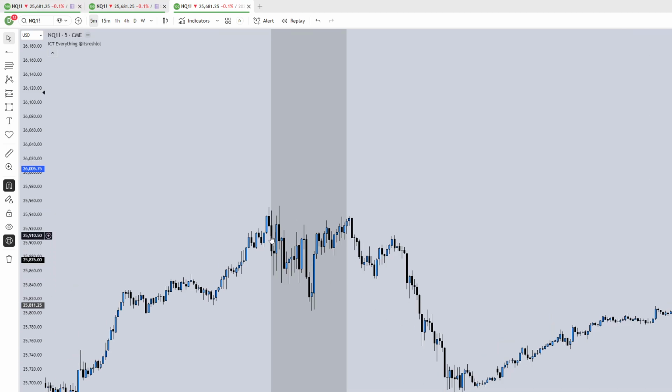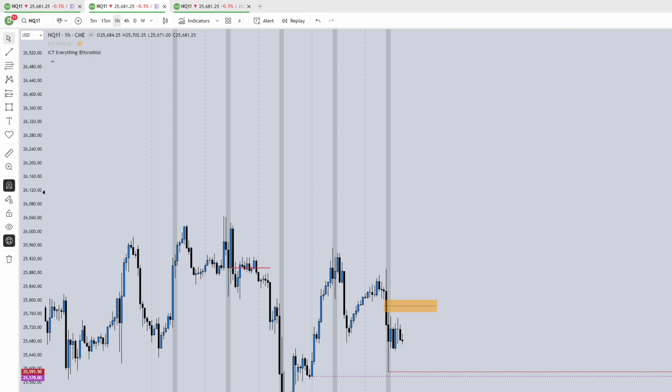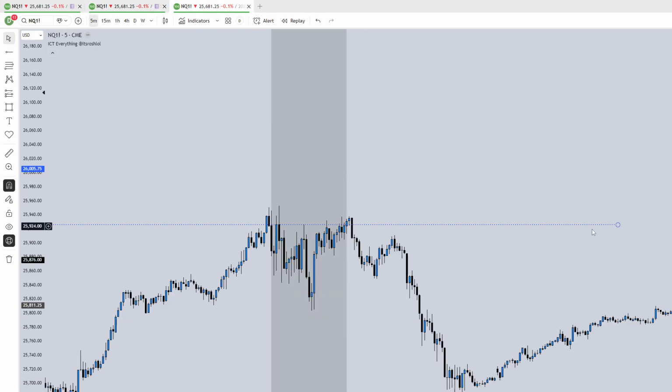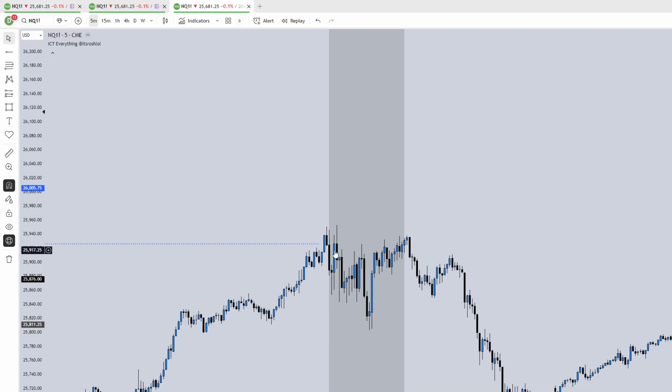So at 9:30 we run these hourly stops here. And 9:30 is now my business model. I am trading this fair value gap, which I took,